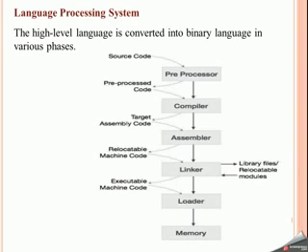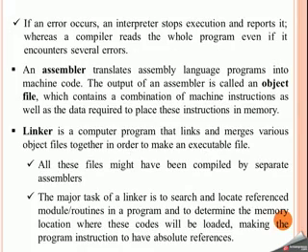Apart from generating the executable code, the linker also links different files and relocatable modules and so on. This is what the diagram shows. Looking at the definition and the functionality, the linker is a computer program that links and merges the various object files together in order to come up with a .exe file, or what we call executable code. The most important task of the linker is to search and locate the referenced modules or routines in the program and to determine the memory location where these codes will be loaded further by the loader.